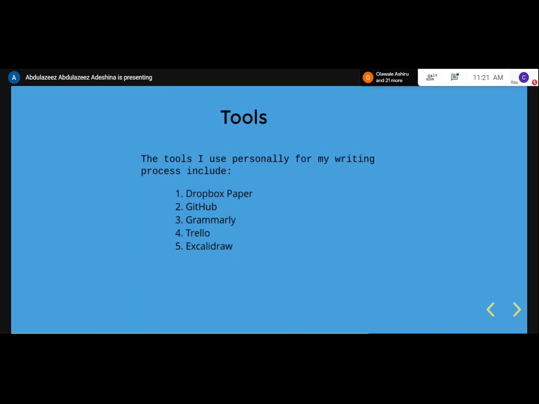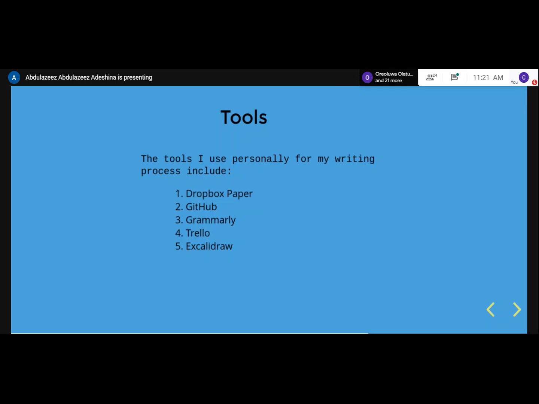So of course, every technical author has tools that we use. I personally use Dropbox Paper. It is like an editor. You can use Markdown, and because I like writing in Markdown, I use Dropbox Paper. I use GitHub for managing my code samples most times because when I have an article that has to do